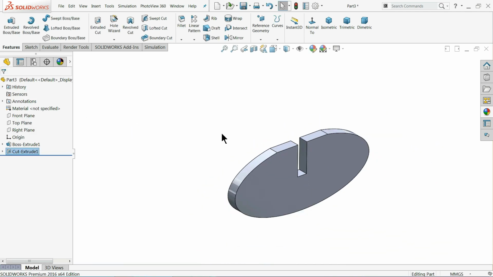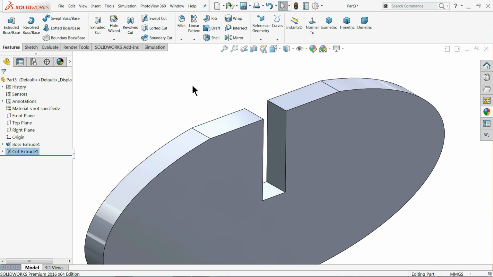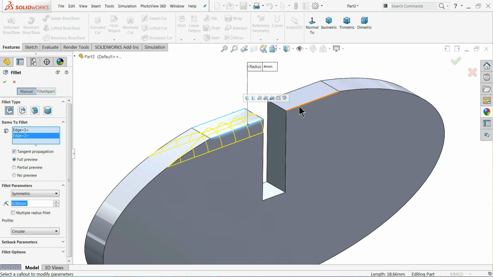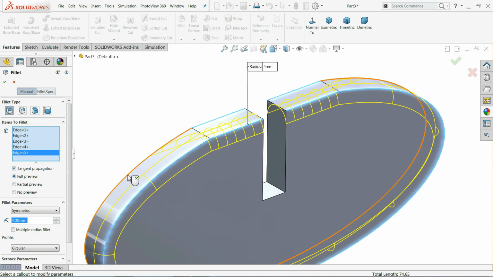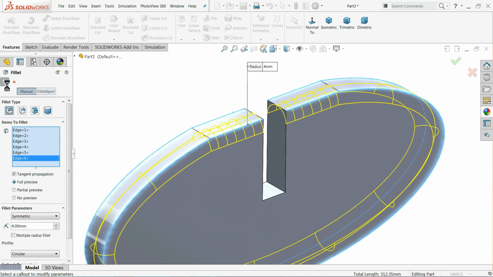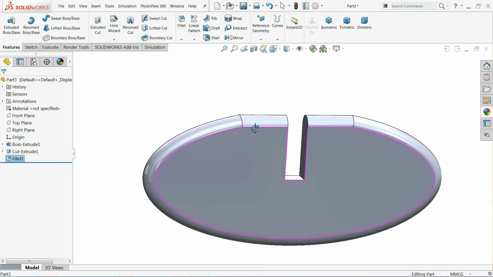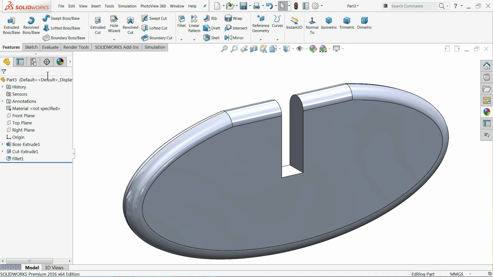See, now let's try fillet. 4 millimeter. Okay, now see, so this is our horizontal tail.